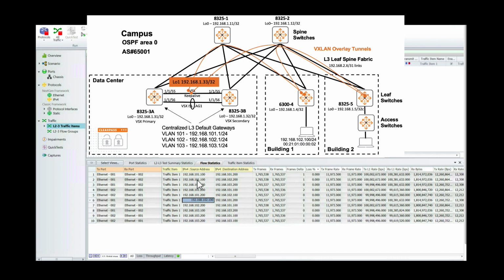From a connectivity perspective, I'm using a traffic generator that has IPs on different subnets. As you can see, I have connectivity within the same subnet on different VTEPs, and there's zero traffic loss. Transmit and receive is the same. I also have connectivity across different subnets, the 101 and the 102 subnet, or the 101 to the 103 subnet. This is the IP that we are interested in later on. And right now, you can see there's no traffic loss, there's full connectivity because we have not applied the